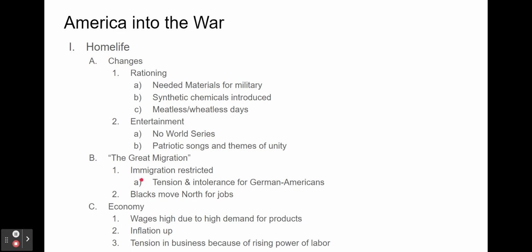Because the U.S. declared war on Germany, Germany became the big enemy. And as a result, everything German was basically outlawed and banned. No German music, German food was outlawed. So you couldn't get a hamburger for over a year. You could get a Salisbury steak sandwich, which was essentially the same thing, but it wasn't called a hamburger. Frankfurters and wieners got replaced by hot dogs. Sauerkraut became victory cabbage. Many German beers were forced to change their names or go out of business because everything